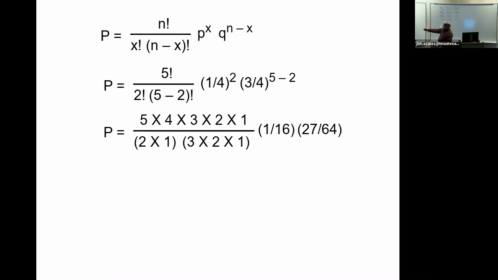And so again, you could press all these buttons, but before you go to pressing buttons, think about simplifying the equation a little bit. You don't really need to multiply 5 times 4 times 3 times 2 times 1, because that's just going to cancel right out from the 3 times 2 times 1. So really it's 5 times 4, which is what? 20 divided by 2, 10, okay? So that's telling us that there are 10 different ways that this could happen.